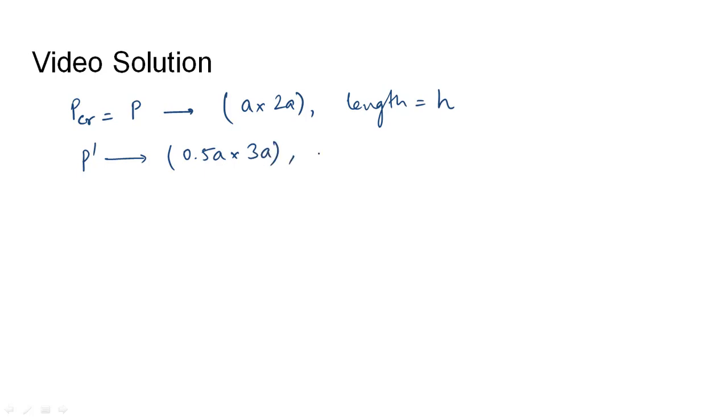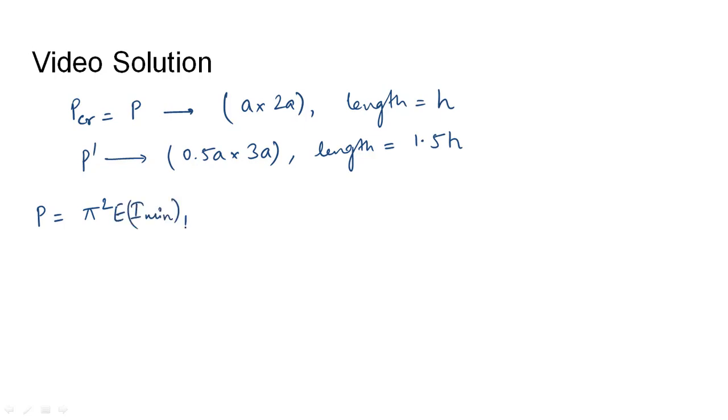So in the given question, the column's critical load is given, which is P. Its cross section is a into 2a and the length is h. Another column whose load is not known, let us call it P dash. Its cross section is 0.5a into 3a and the length is given as 1.5h. So for P, the value will be pi square E